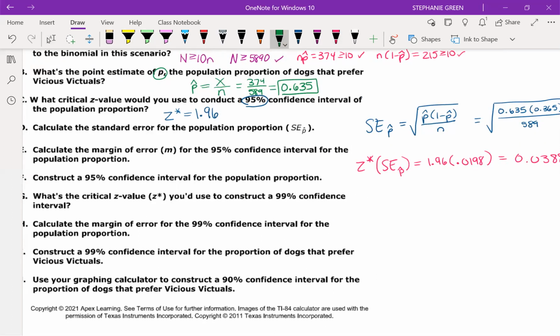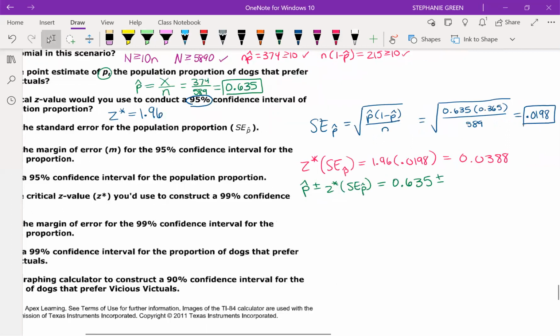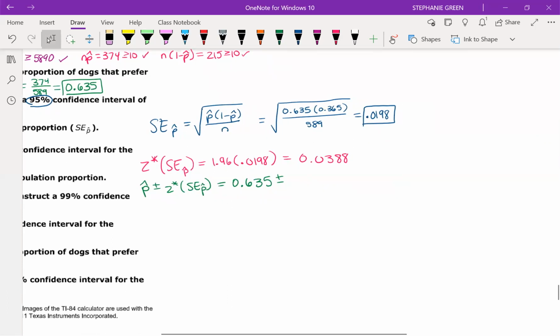We take our point estimate, p hat, and add and subtract our margin of error, z star times the standard error of p hat that we just calculated. P hat, again, which we found in part B, was 0.635. So we're going to add and subtract from that our margin of error, z star times the standard error, which we calculated just above there,